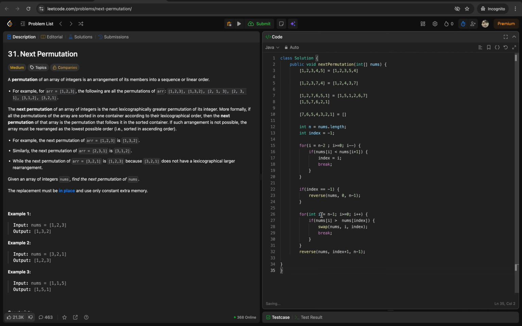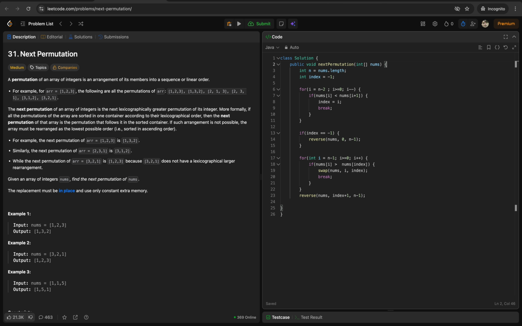Shall I put it here, and then we need one more, I'll remove this, and we need one more method: public void swap, which will take int nums, int i, int j, int temp equals nums[i], nums[i] equals nums[j], nums[j] equals temp. Swap is done, and then we need to write this method: